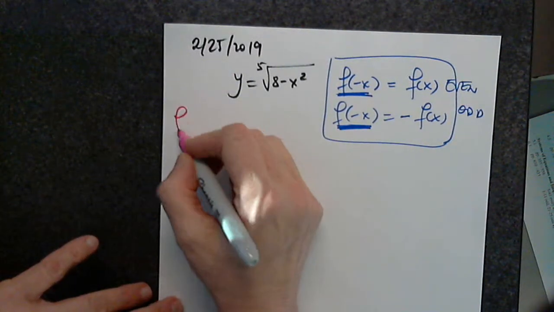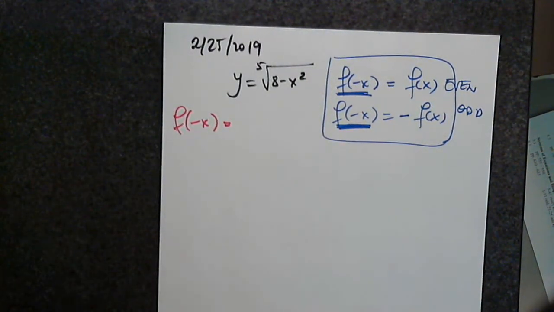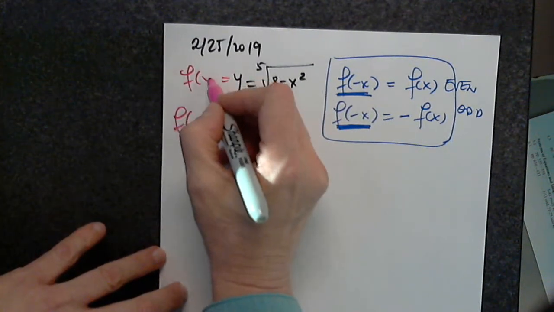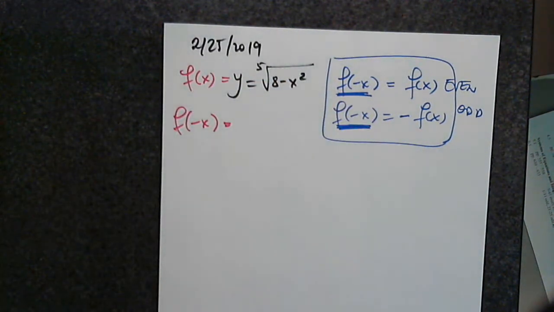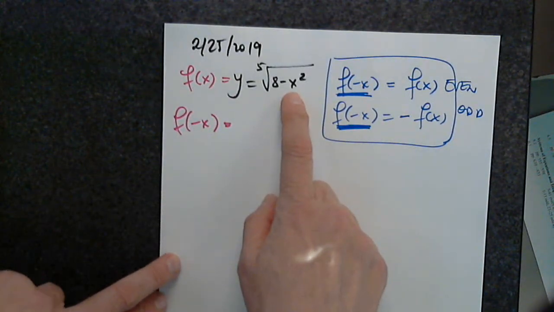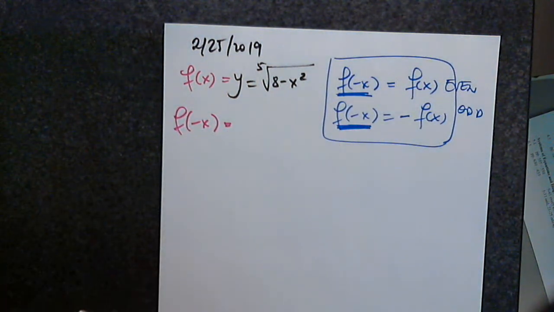So what does f of negative x mean? How do I determine f of negative x? In the same way I determine f of 5. You substitute negative x. Right. So I just want to make sure that there is no confusion. Y or f of x mean the same thing. So when I determine f of 5, all I have to do is plug in 5 for x. But when I need to determine f of negative x, all I have to do is